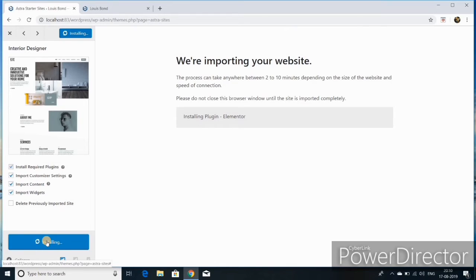This process can take anywhere between 2 to 10 minutes depending on the size of the website and the speed of the connection. Hope everything is going easy and simple, and you don't need to have any coding knowledge. Normally to make all these sites, people are already charging more than $2,000 to $3,000, and people are already paying $1,000 to $4,000, $5,000, because these things are creative, and software engineers, web developers, and so many agencies are charging to design all this kind of website. But trust me guys,